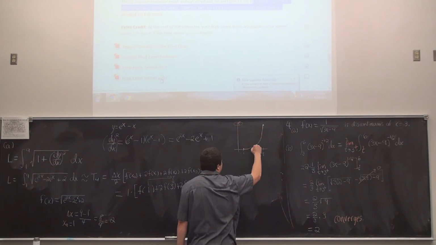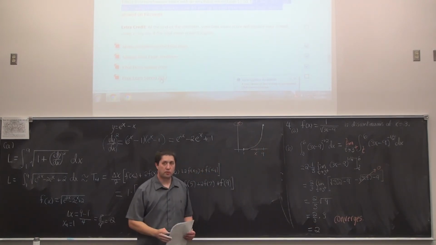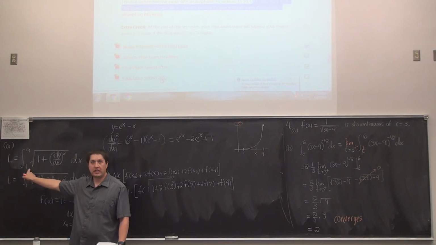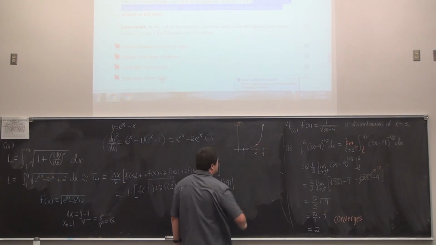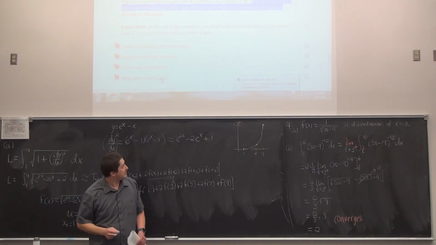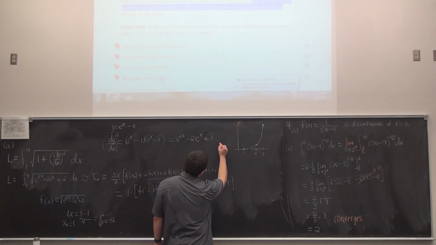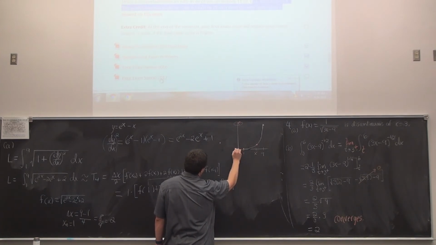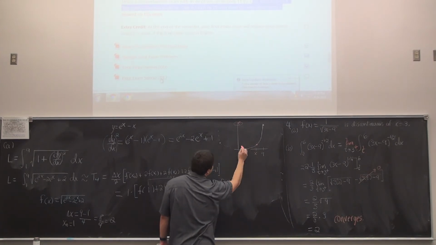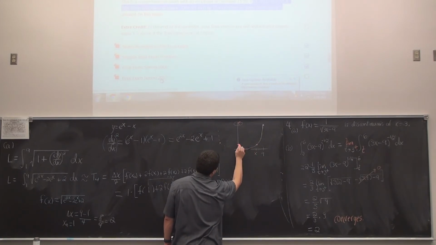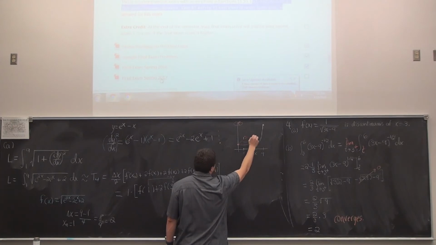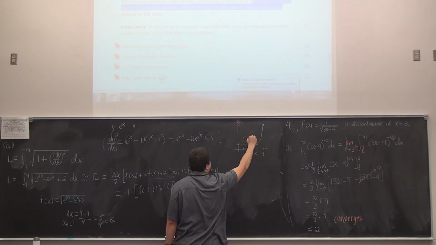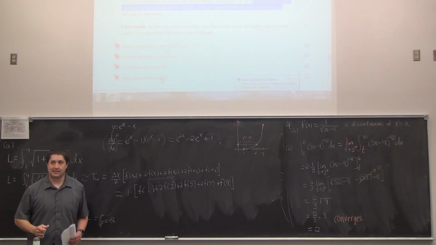That means there'll be a point anywhere along here. Let's suppose we picked this value x. X has to range from 1 to 9, just like it's doing over here in the integral. But as soon as you pick an x, there will be one point on this curve. That entire point has to rotate about the y-axis. So there's a mirror image of that point way over here. The thing that we really need in order to get the format correct is this radius. If we do this rotation about the y-axis, the radius is always just x itself.